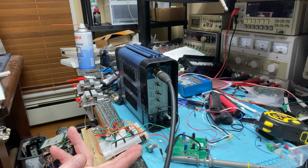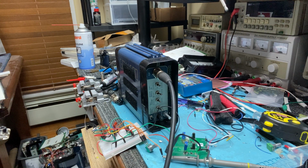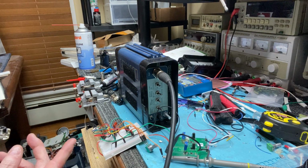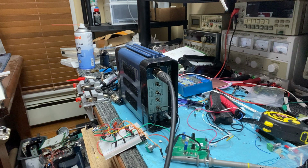So you adjust that, it's going to adjust the gain. So it's not a set value. You probably do it different ways, but that's a quick and easy way to do it. It's just a basic op amp, non-inverting amplifier. That's all it is. You can get the output directly out of the Hall effect sensor, but I think it's